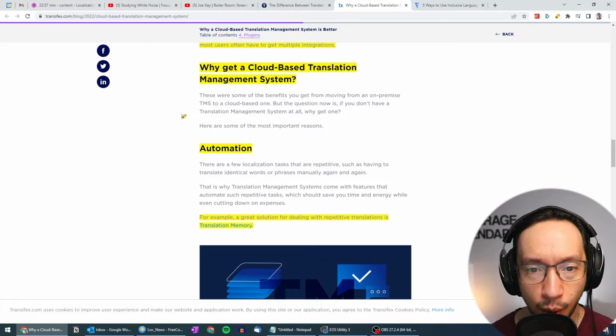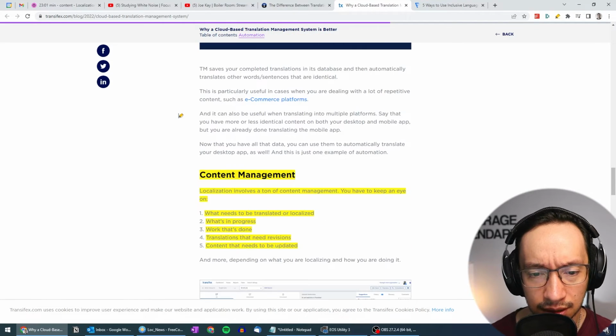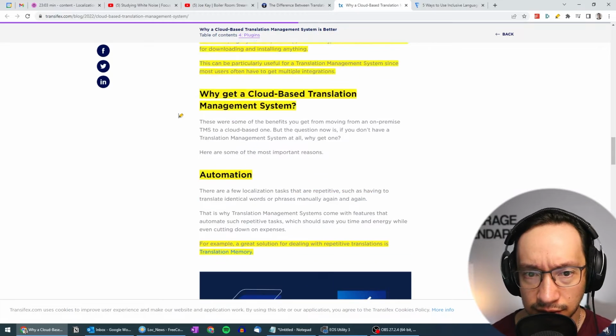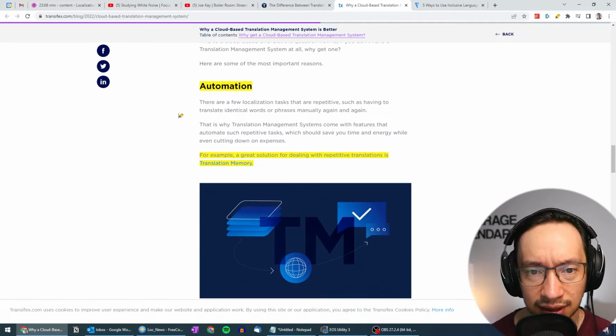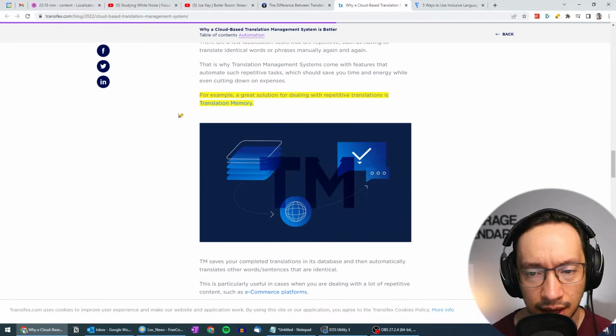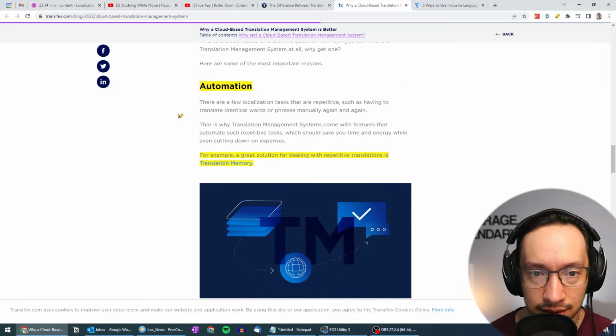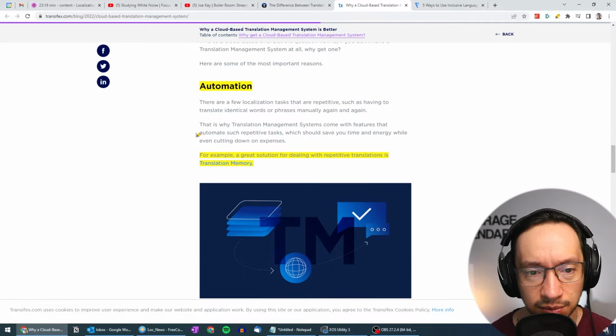Now, why get a cloud-based translation management system? Here I'm just going to read some of the, mostly just focusing on the titles. So first one is automation. And I think the reason why I didn't highlight the actual paragraphs from these reasons is because they are very basic. I guess hopefully most of you can imagine what is meant by automation.